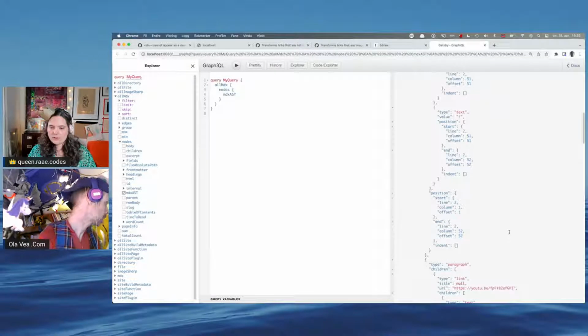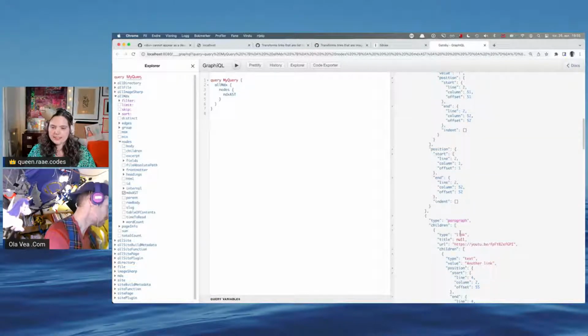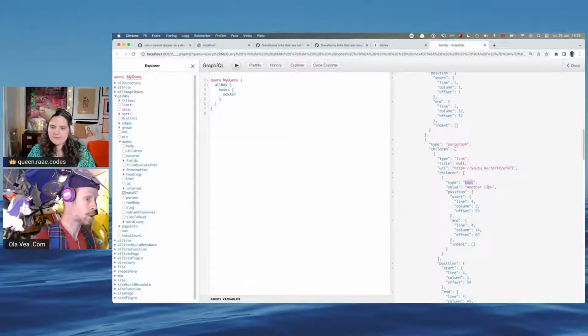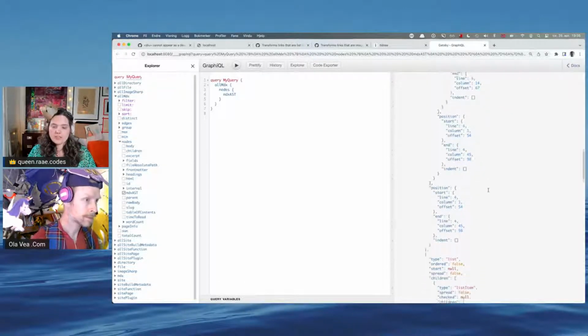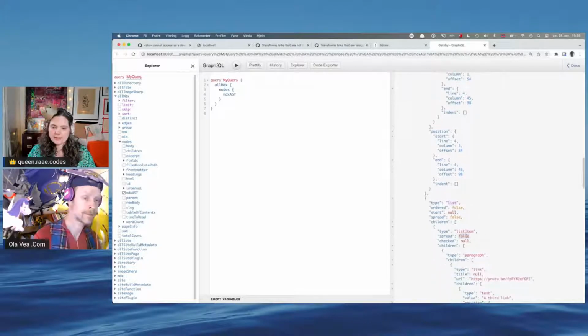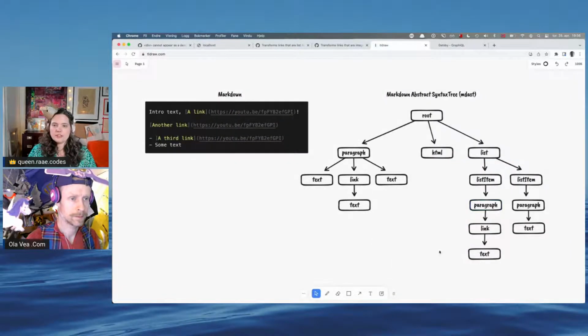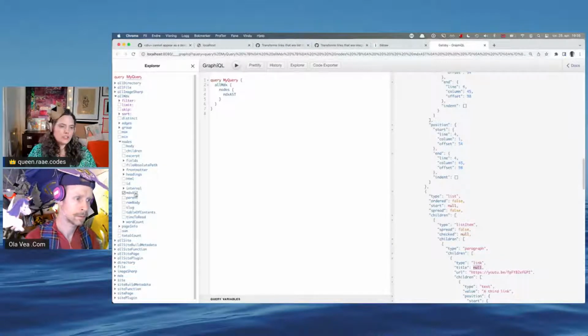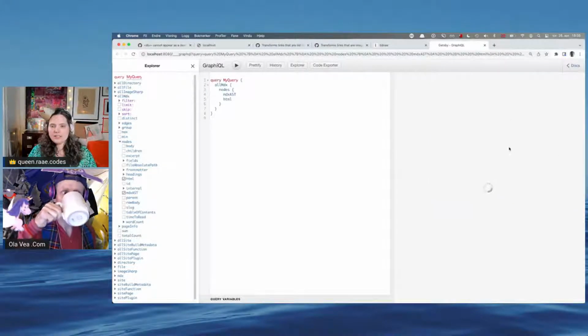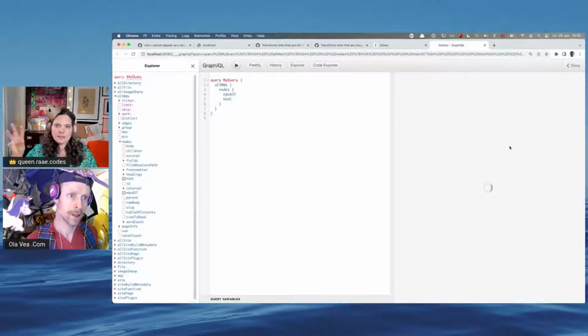And then we head on over to the other paragraph that has a link and that has a text. And this is before we've done our transformation. And then there's the list with the list item, with the paragraph, with the link. So this is similar to our drawing here. That would be this. So that's the original abstract syntax tree that our transformer plugin has made. And then we have done changes on it. So before it gives us the HTML, it will have taken that paragraph node and changed it into its oembed counterpart.